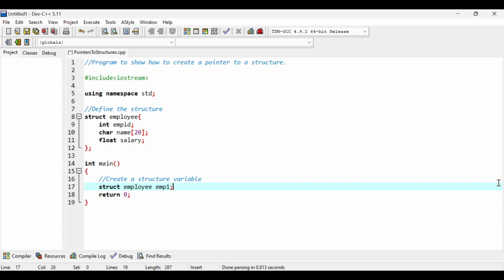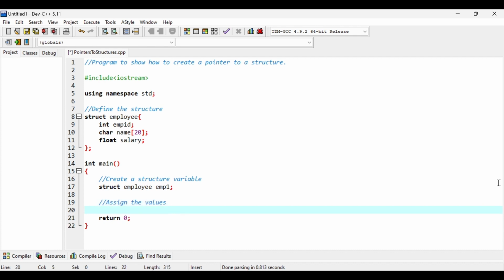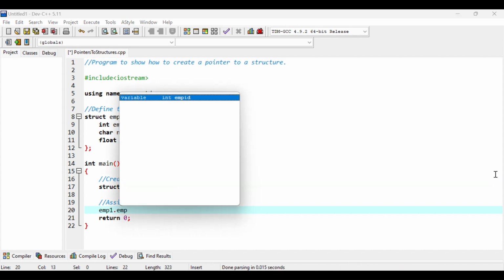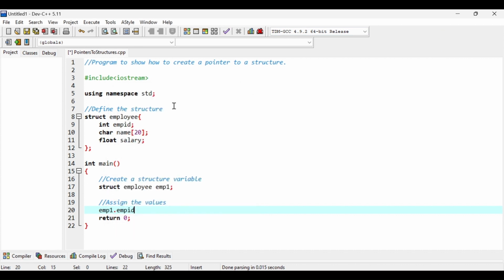So we have emp1. Then the next step is to assign the values or you can say initialize the structure variable. So here I am going to write emp1.emp_id, equal to, suppose the employee ID is 10.